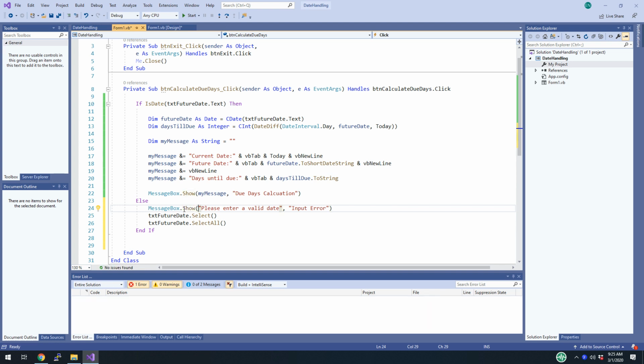And then maybe we can even say here txtFutureDate.Text. So we're actually showing, this is what you inputted is not a valid date. Please enter a valid date. The title of this message box is Input Error. We then move the focus to the future date box, and we select all. So now when I run this thing,